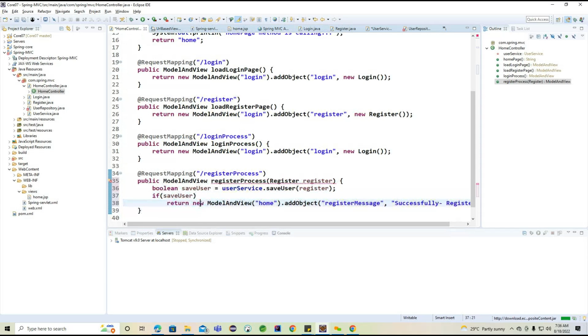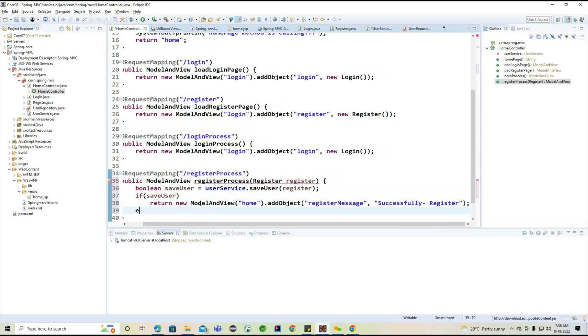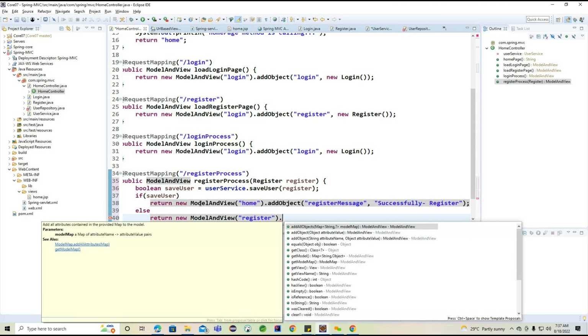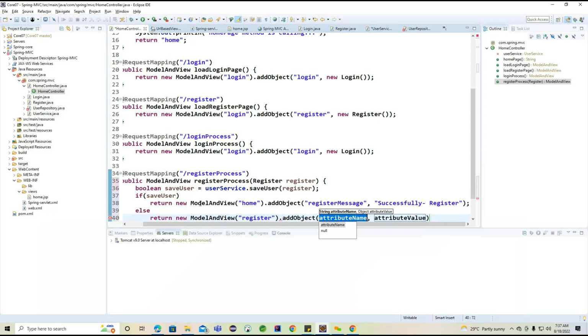And in the else section, now what do I need to write here? Same, I want to write the model and view where we can move. So inside the register page here. Okay, so here I want to write the same register page. So inside this particular register page, we can add an object here. We'll try to specify the message error and